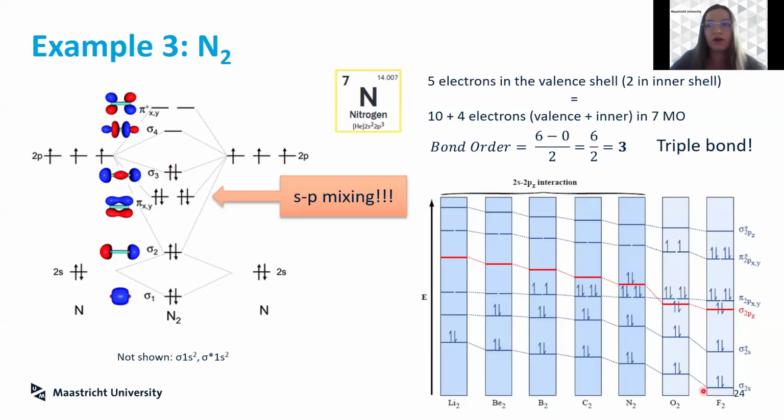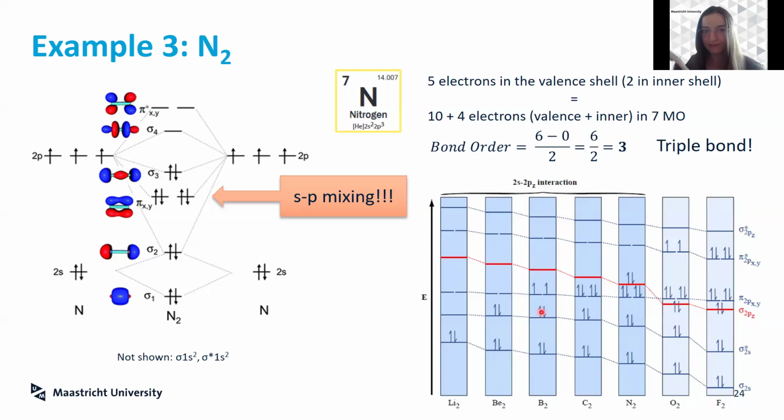So if you do fluorine and oxygen, as we did before, you start with a sigma, do the pi, pi star, sigma star. As you move across, the energies of the orbitals that you have become closer and closer and closer, which means at some point, making them interact will make them flip. The energy gain that you will get from the pi interaction is slightly more, in some cases really much more than the